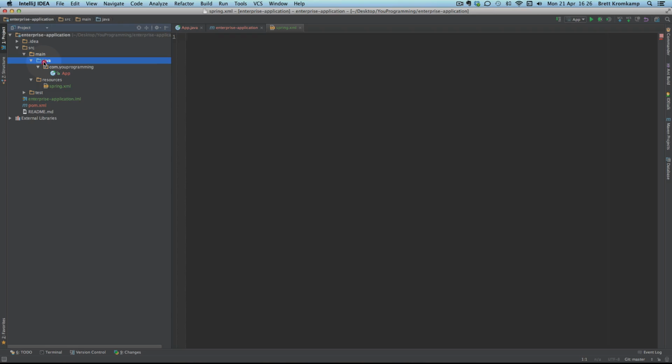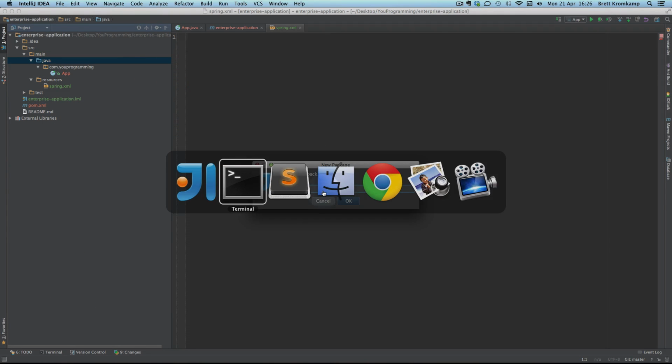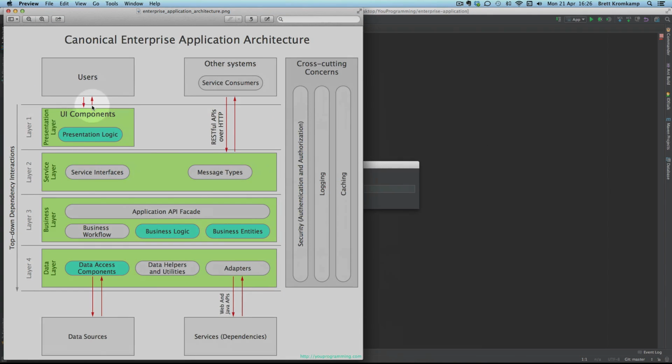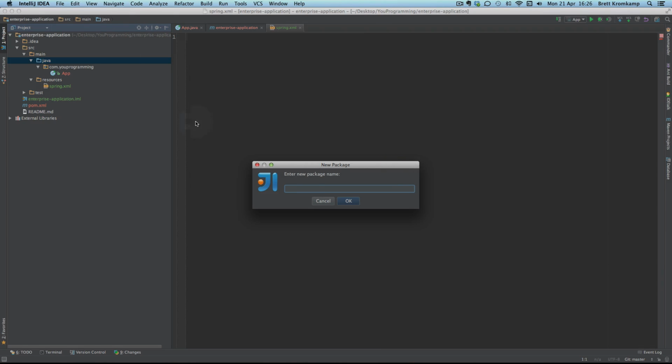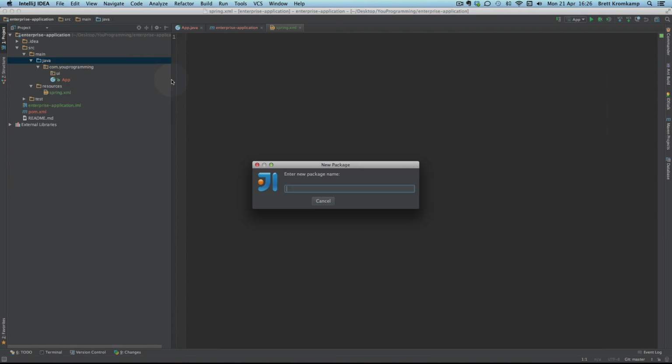And now I'll also start creating our Java package structure. And if you remember, oh, sorry, I want to show you this. Each one of these layers will go into its own package. So there will be a UI package, there'll be a service package, there'll be a business package, and there'll be a data package. So let's get going. com.uprogramming.ui. There you go. Package. Then we will go to